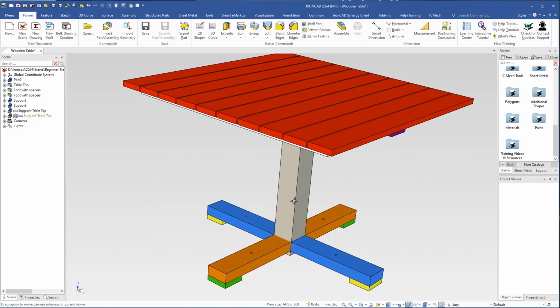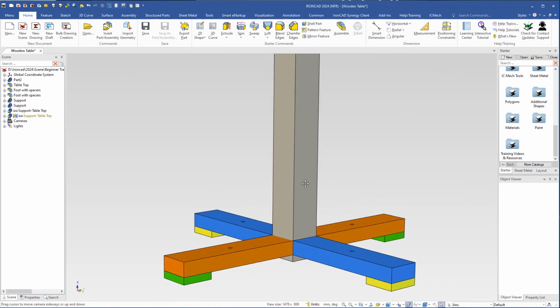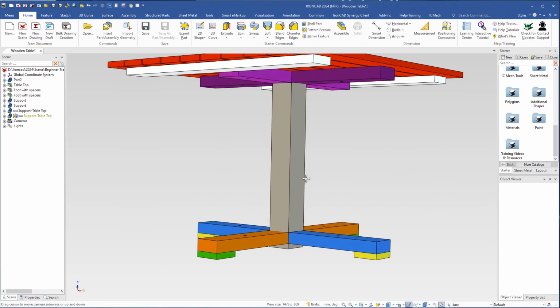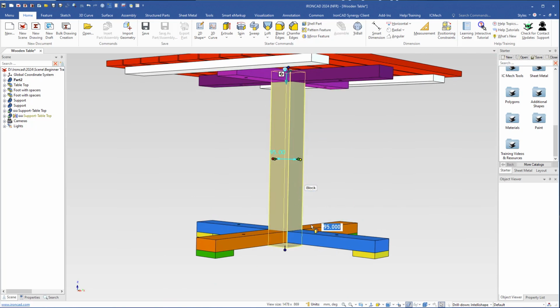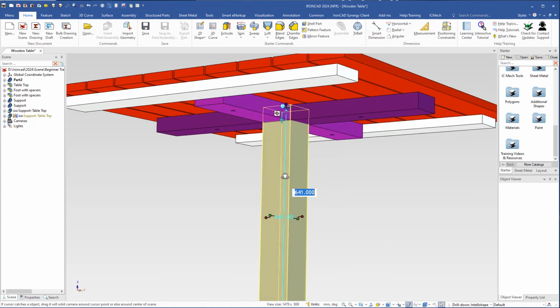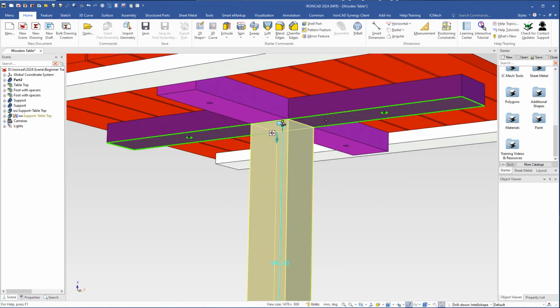This table needs 4 legs, not 1. So I will change the length of the leg and add 3 more legs. So we'll select the leg in IntelliShape level and I will grab this lower height handle and snap to the top of this foot. Come up here, I will grab this height handle, snap it to the support here,